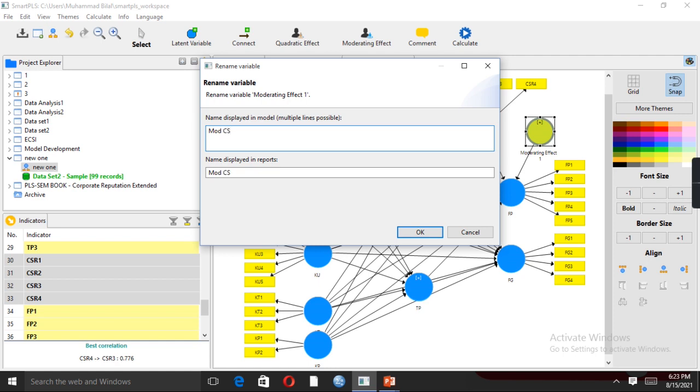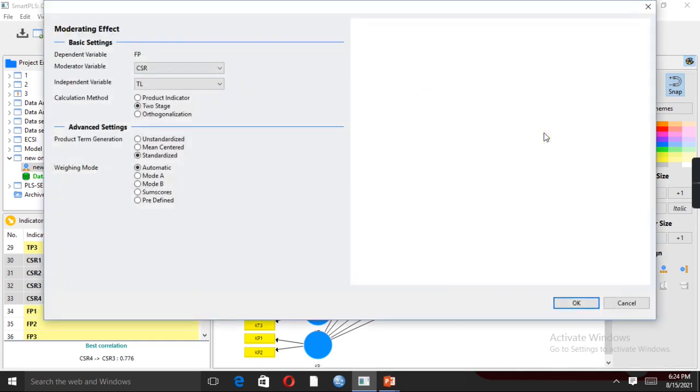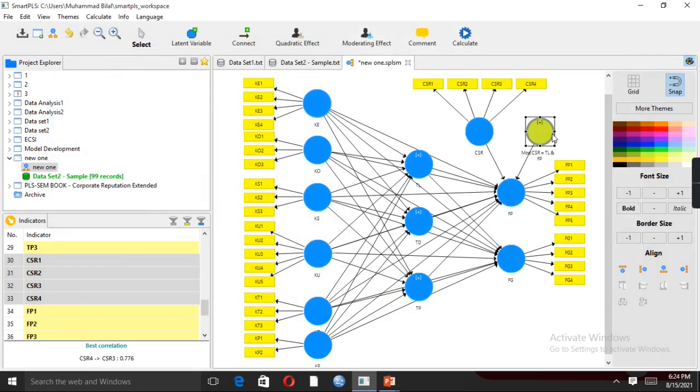This one is the moderator variable, which is CSR, and we are going to see the impact of the moderating effect between team learning and firm performance. So here we are. So we are going to define the moderator variable as well.